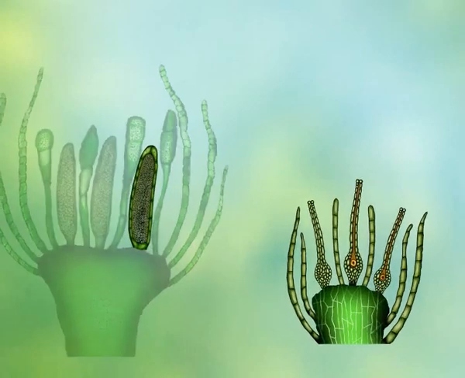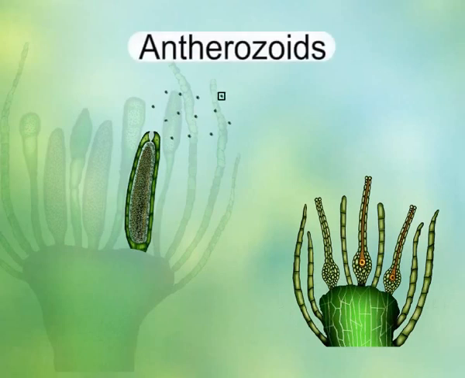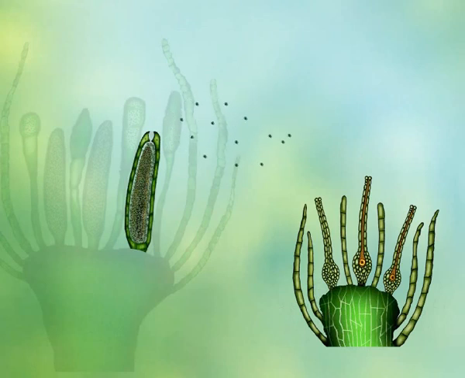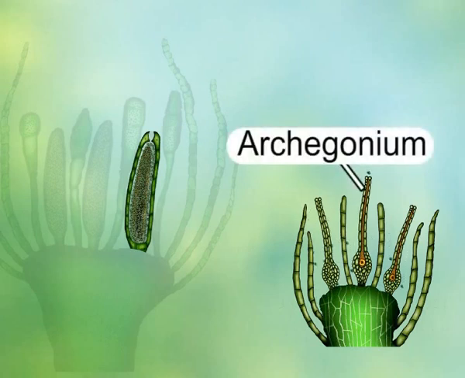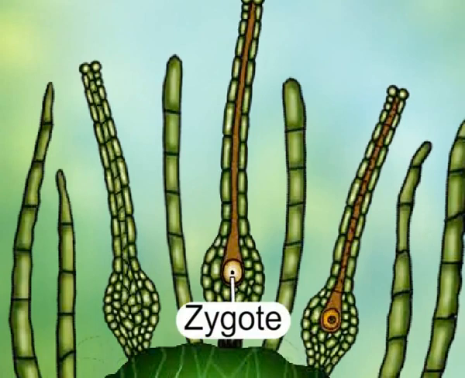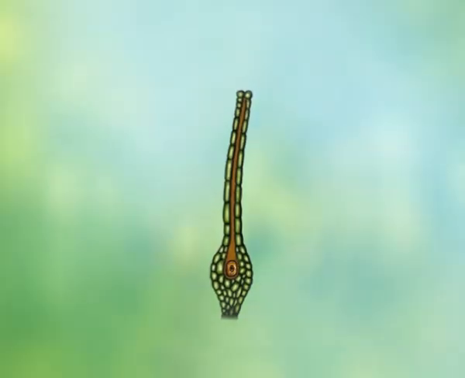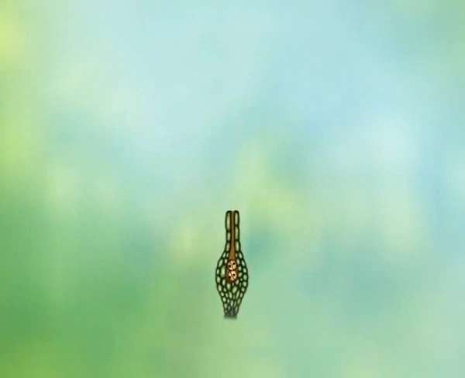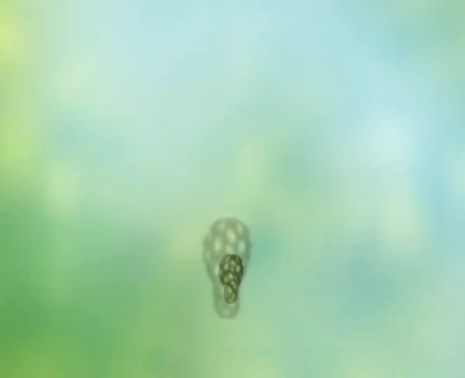When the antheridia are ripe, the anthrozoids are released. These anthrozoids, or sperm cells, then swim by means of two thread-like tails and are attracted chemically to the archegonium, where fertilization occurs to form a zygote. The resulting zygote is the start of the sporophytic generation. The formation of the zygote begins the second phase of the moss life cycle, where the zygote develops into a